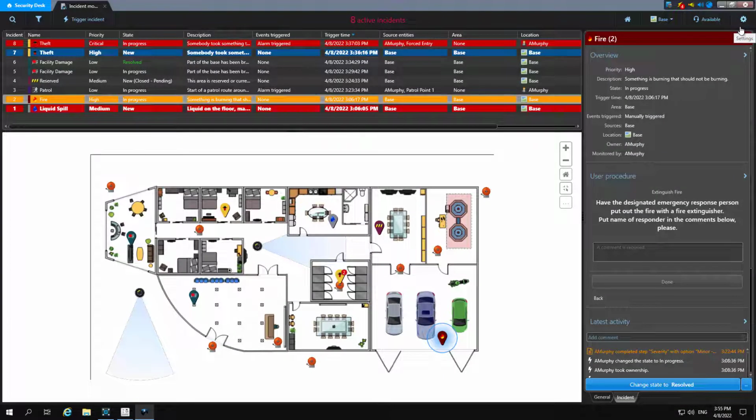If your user account has a default map associated with it, clicking on the Home button will bring up that map. Next to that is the indicator to show you which map you are currently looking at. Clicking on the map name brings up a drop-down menu of the area view where you can select a different map to view.